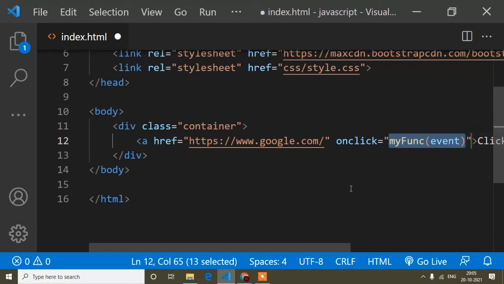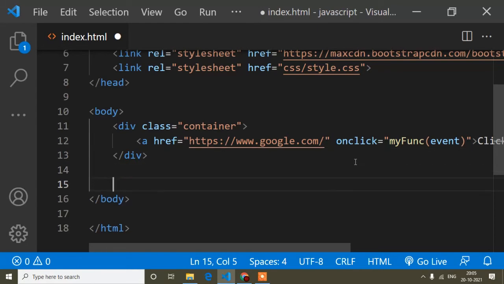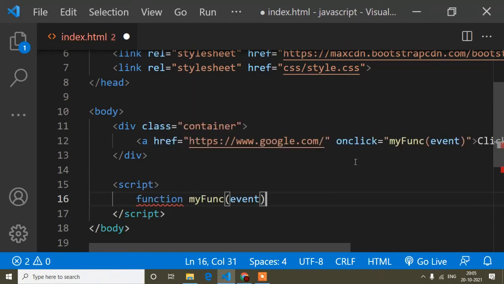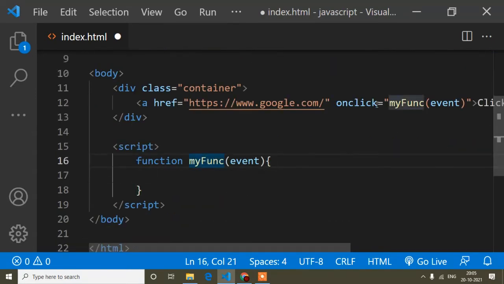I will copy this and, here in the body tag, write script. Then I write function and this method name. This is the method which I call here, and I have passed a parameter, because this event will be caught here.